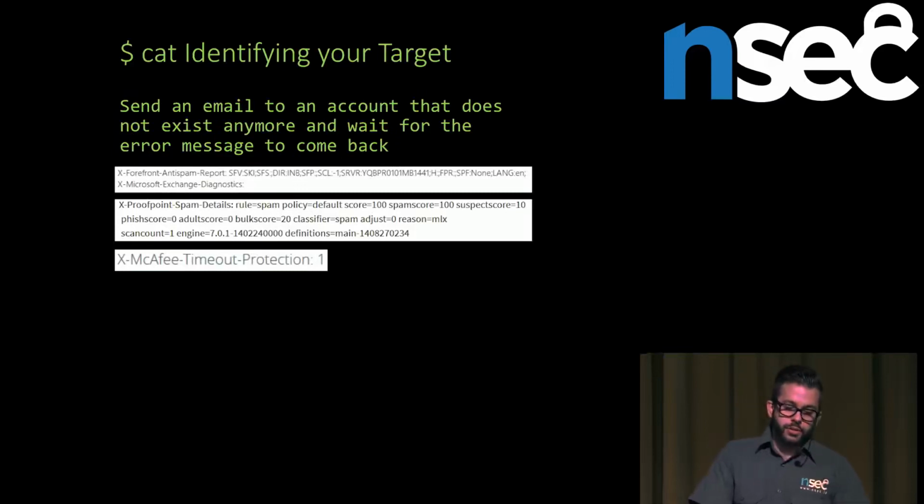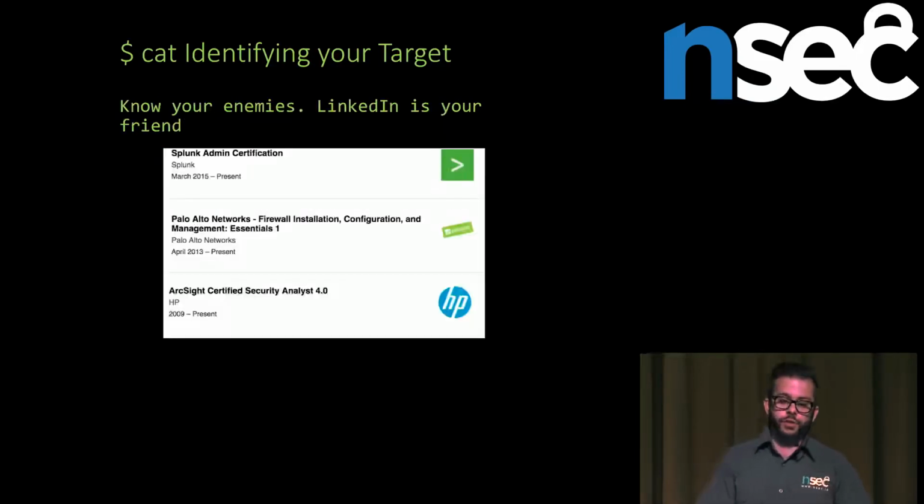You'll be really surprised at all the information that you can find. Here are just three simple examples. The first one is the Microsoft technology. You have the reputation of the email, and you can confirm that everything is good and it didn't detect anything shady with your payload. And even there, you can notice that they don't have SPF enabled, which is another bad thing. The second one is Proofpoint, and you have the scoring of your email. So if you're scoring badly, maybe you should adapt your phishing campaign a bit to make sure that you're going to score better before doing the actual phishing campaign against your client. The last one, good old McAfee. Again, you can know for a fact that they use McAfee technology on the other side, and you can adapt your phishing email to make sure that you're not going to be detected by the solution that they use.